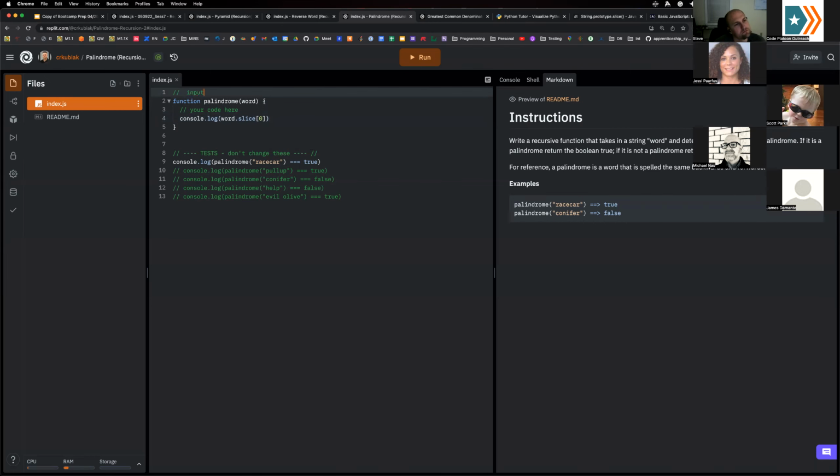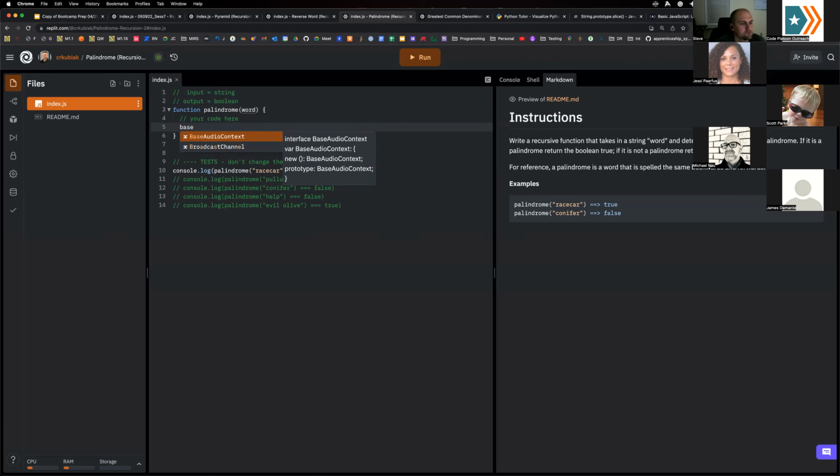So we have one input that is equal to a string, and we have one output that is equal to a Boolean, right? We're only returning true or false out of here. So before we get to any of this, let's think about what our base case is, right? And so our base case will be if